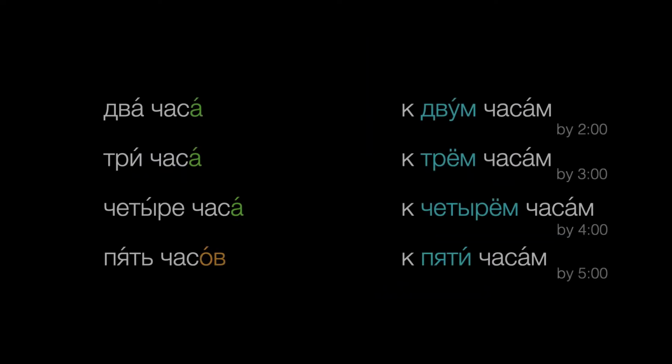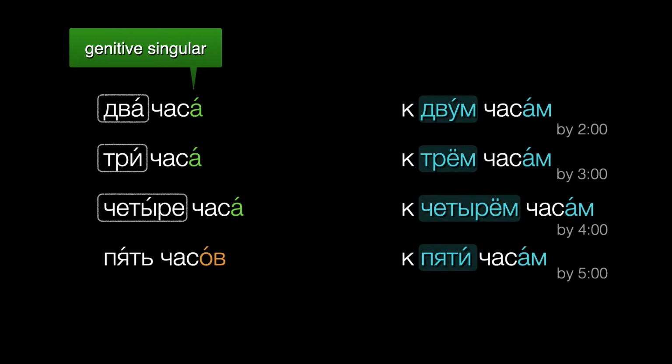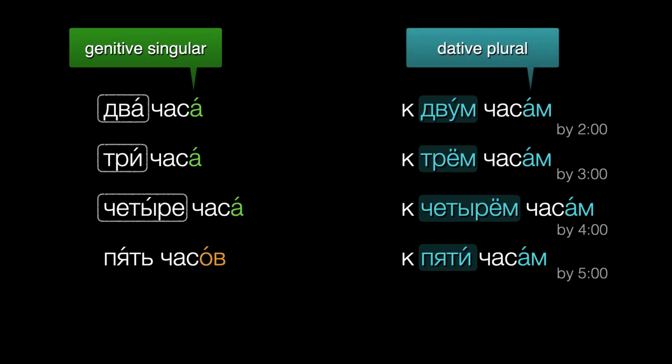And there's one other important point. What do you notice about the nouns here? Часам is dative plural. This reminds us that the rule about genitive singular nouns applies only after those specific forms, два or две, три, четыре. But if the number itself is in a different case, like the dative двум, then we'll just put the noun that follows into the plural form of that same case. So, к двум часам, к трём часам, we have dative plural часам after the dative двум and трём.